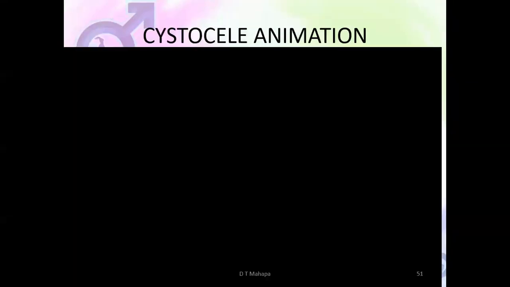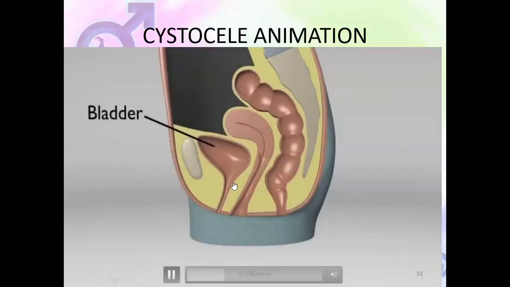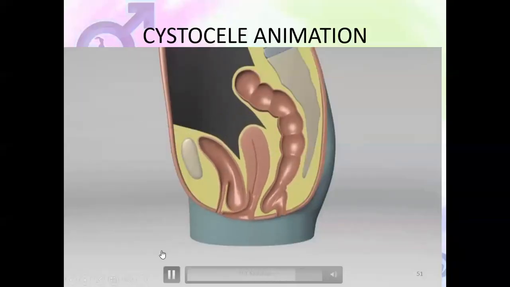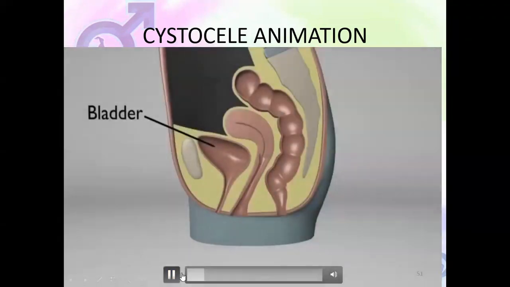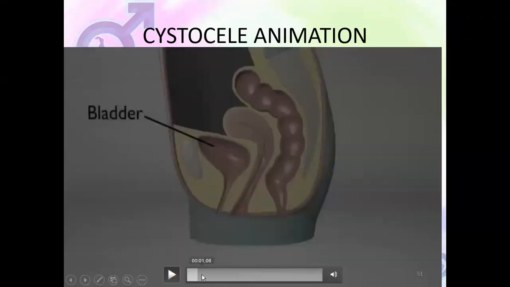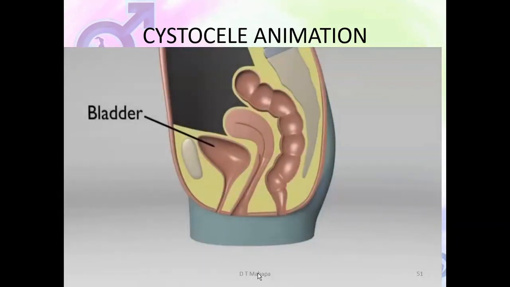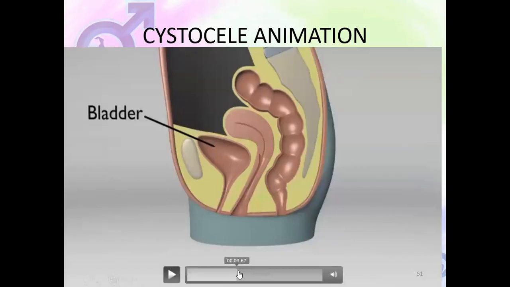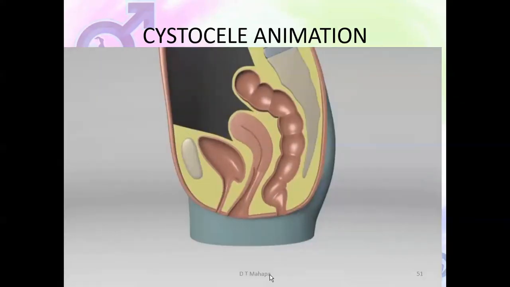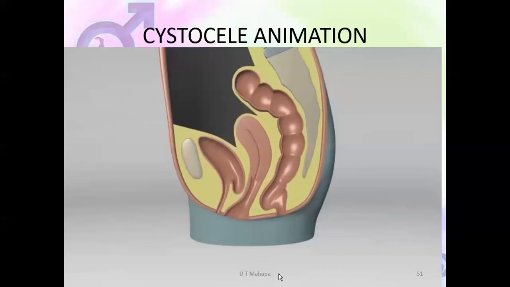I want to demonstrate so that you can see what prolapse is here. You see the bladder is sitting here. You see later when the bladder prolapses, it becomes the leading cause. It goes down and protrudes through the vagina. Let's demonstrate it further this way. We're looking here, the bladder. If you pull it here, it will pull the uterus along, but we classify it according to which structure is the leading structure.